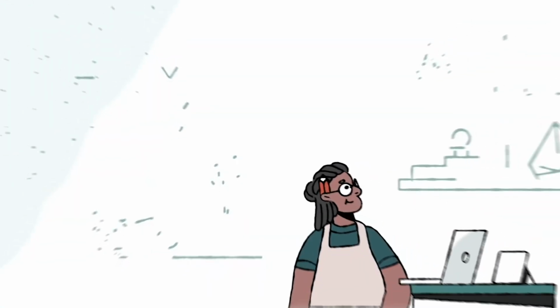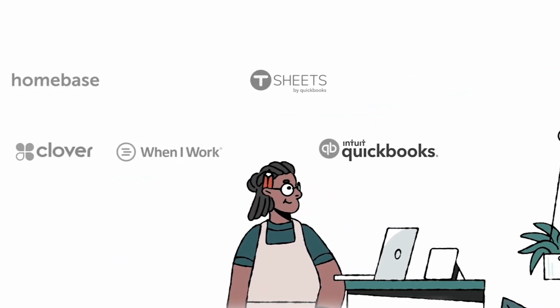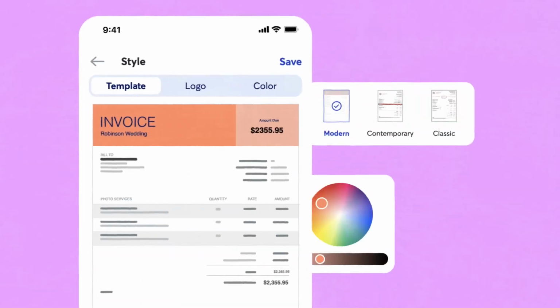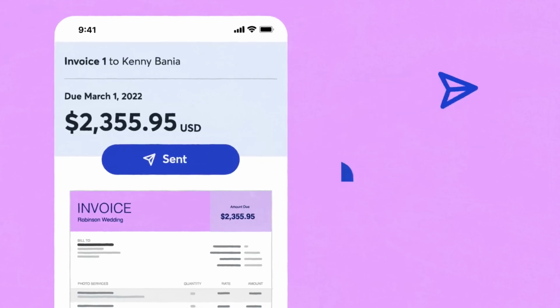Oh, hi everyone. I think it goes without saying that running payroll shouldn't feel like solving a Rubik's Cube blindfolded. Yet for countless small business owners, that's exactly what it feels like every single month. If you're nodding your head right now, stick around because I'm going to be telling you about two great payroll